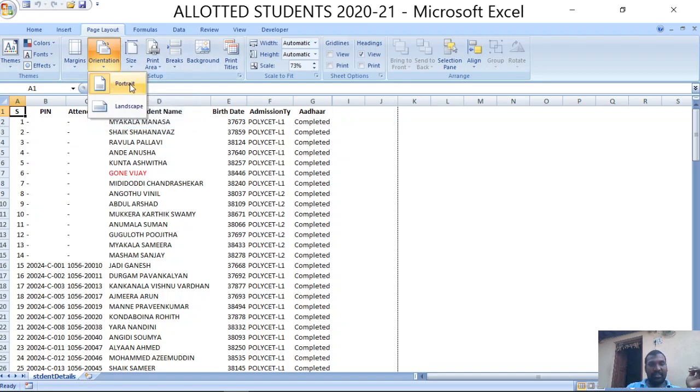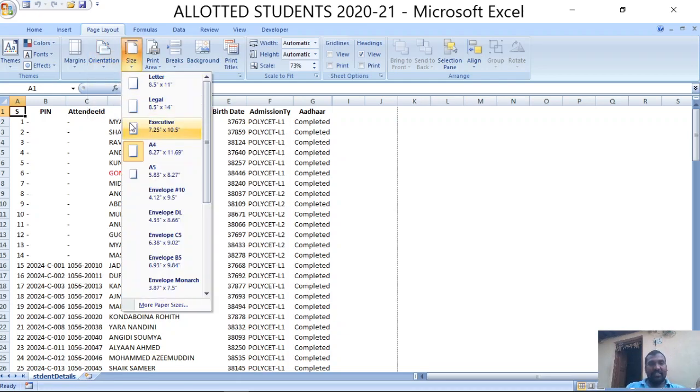So click on this orientation and choose any one of these orientations, portrait and landscape. I already told you, portrait means on the page we are printing the data vertically. If you choose landscape, then the page is in horizontal mode. The data is printed line by line on the larger side.